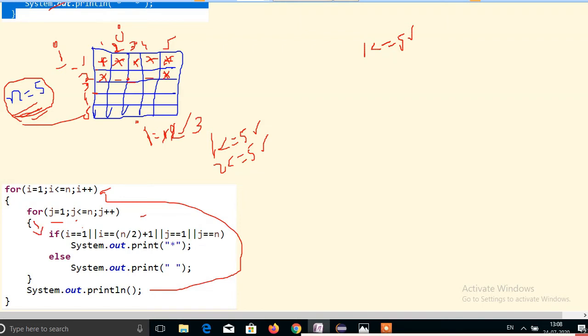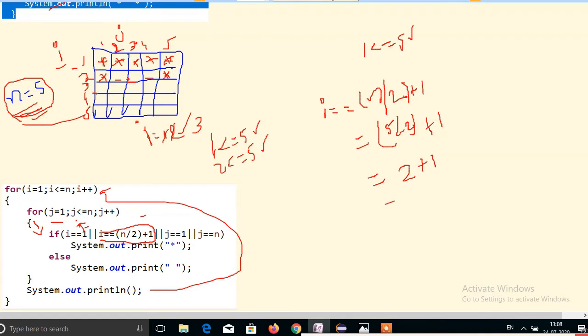Here the if condition we have given, 3 double equal to 1, is false, since i is 3. Then we check the condition i double equal to n by 2 plus 1. n is 5, 5 by 2 gives 2, and 2 plus 1 equals 3.